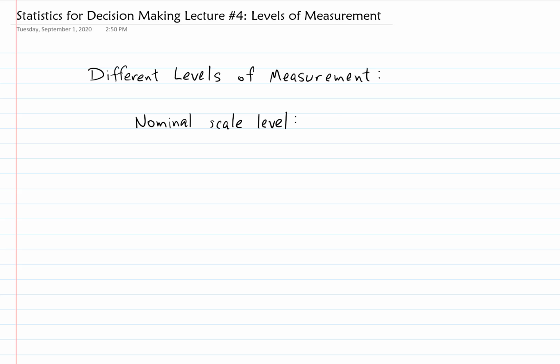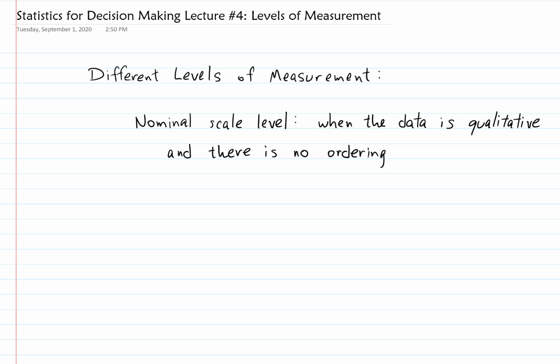So let me write it this way: this is when the data is qualitative, and there is no ordering necessary.